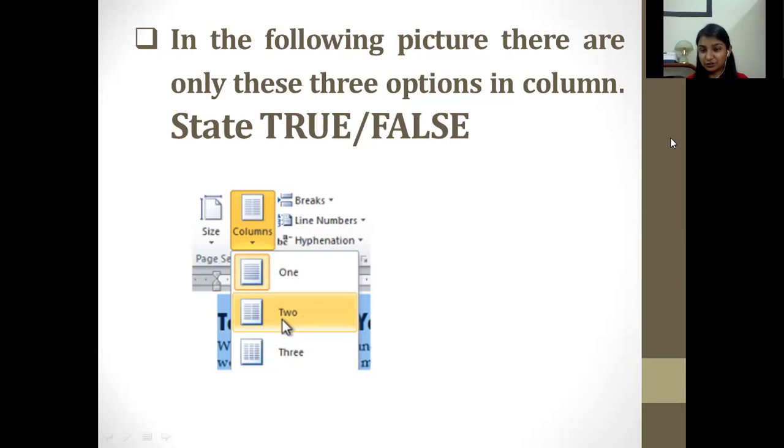The way I had shown you in the previous image, definitely you would be saying that there are three options. But now I want to do a trick with you. There are two options more, which are left and right also. If you have given the answer that there are three only, then you were correct.